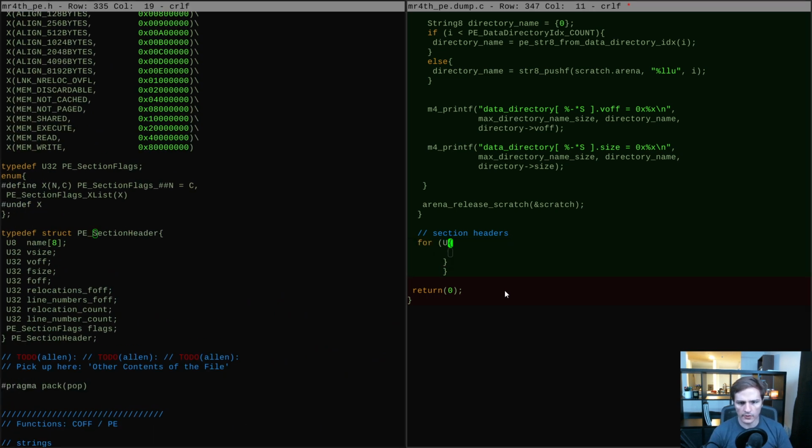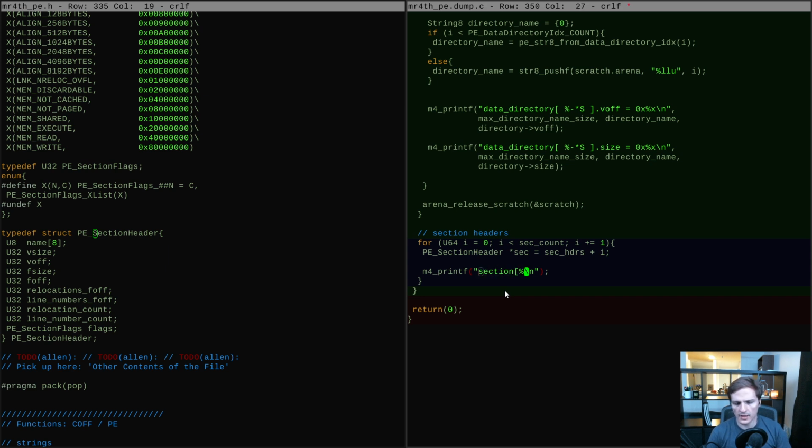So for I is less than the section count, I plus equals 1, PE section header, sec headers plus I, and then we're going to start printing these out. So what we have is